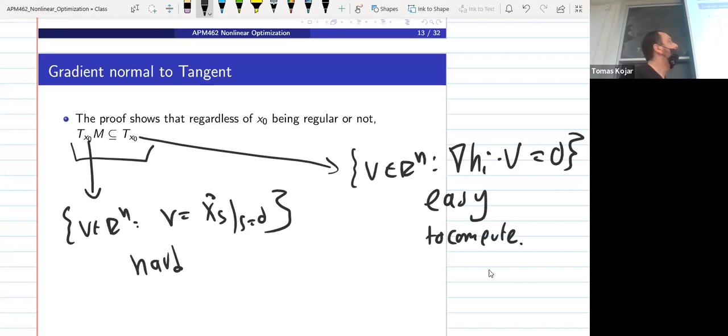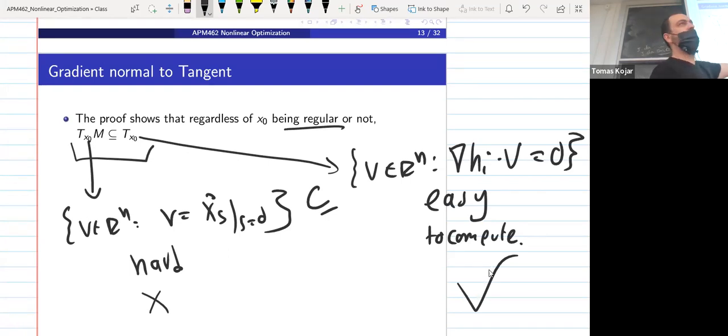And we just proved that one is a subset of the other, and you have equality when it's regular. So in other words, do not compute this, compute this. It's too much work. You cannot sit down and find parameterizations, compute derivatives, compute span. So no. Very easy. It's a k by n system, so you go back to linear algebra.